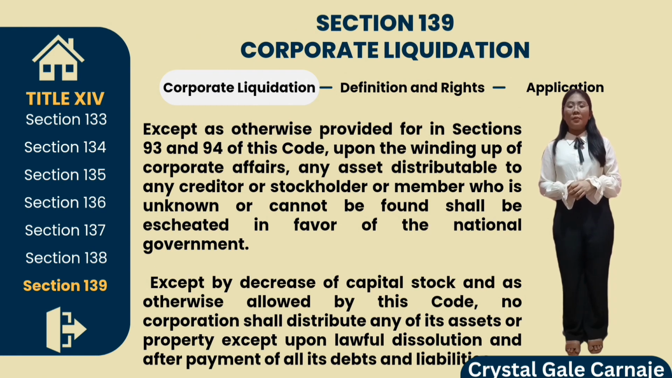Upon the winding up of corporate affairs, any asset distributable to any creditors, stockholder, or member who is unknown or cannot be found shall be escheated in favor of the national government, except by decrease of capital stock and as otherwise allowed by this Code. No corporation shall distribute any of its assets or property except upon lawful dissolution and after payment of all its